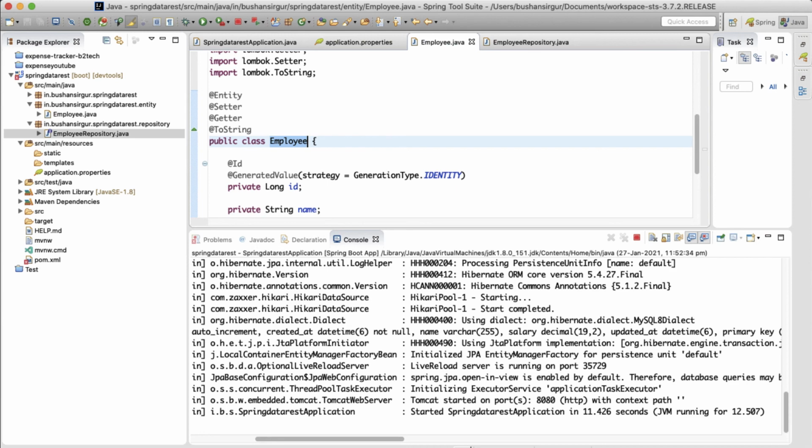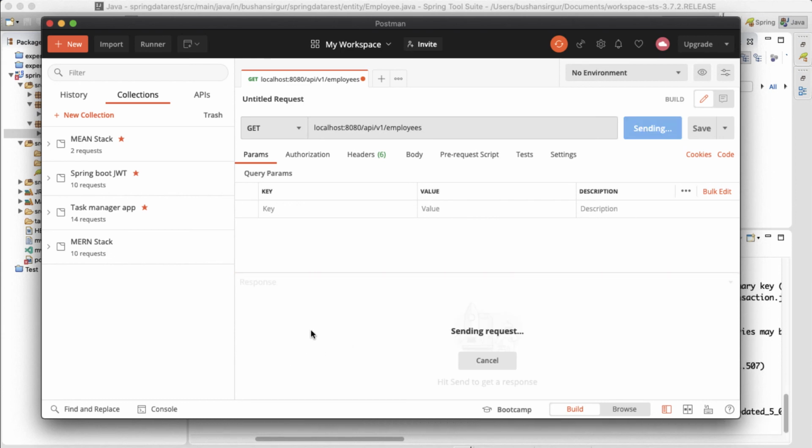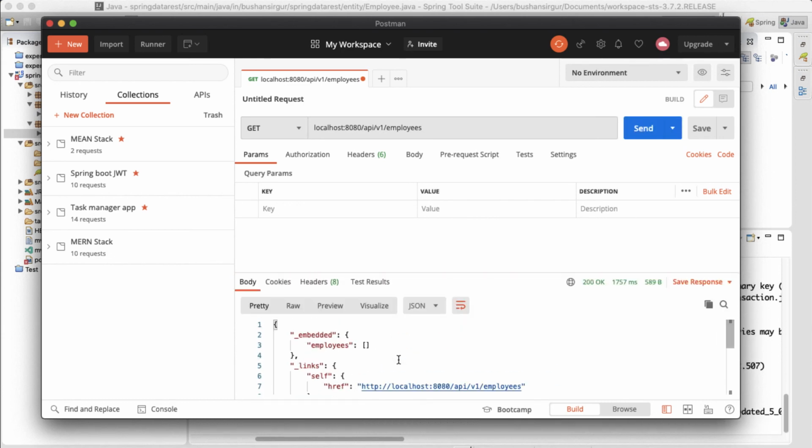So in Postman, after v1, /employees. So now we are making a GET request. When you click on send, we get an empty response. You can see employees, which is empty because there are no records in our database.